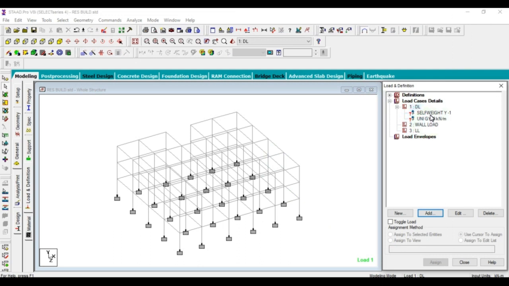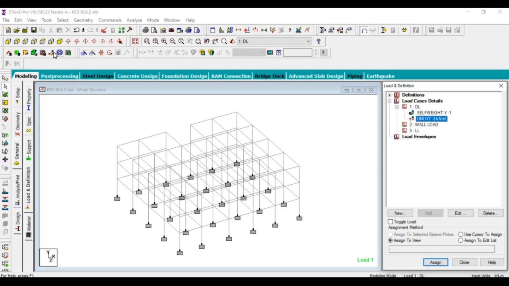Close the values. Now self-weight, now RHS: click on assign view and assign. You should assign the self-weight to the total building. If you want to add the self-weight to the total building, select self-weight, select assign view and click on assign. Next, the uniform force should be assigned only on beams.